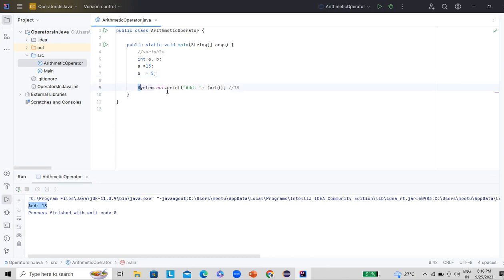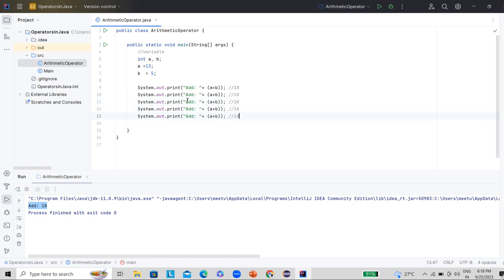Similarly, we can perform the other operations also. Let's copy paste this 5 times to perform all the operations. Let's name them subtraction, multiplication, division, and modulus.